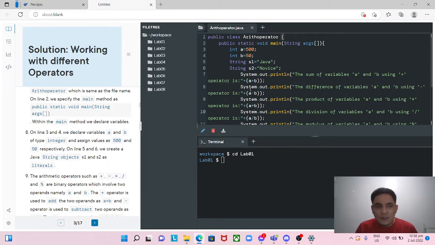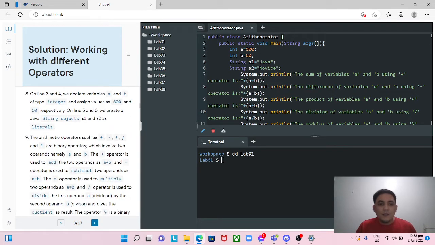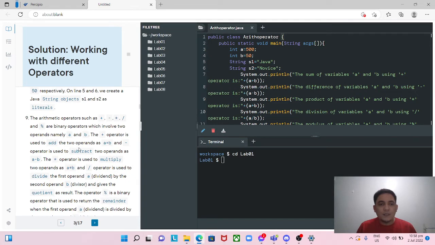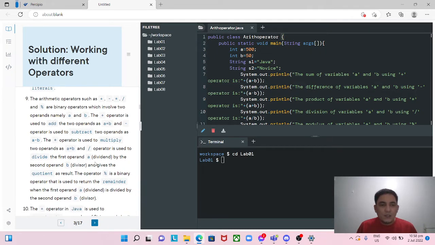S2 as literals. The arithmetic operators such as addition, subtraction, multiplication, division, and modulus are binary operators which involve two operands, namely A and B. The addition operator is used to add the two operands as A plus B, and the subtraction operator is used to subtract two operands as A minus B, and the multiplication operator is used to multiply